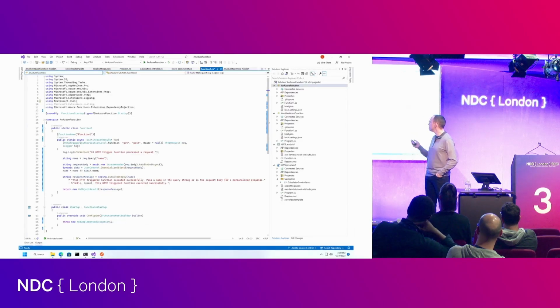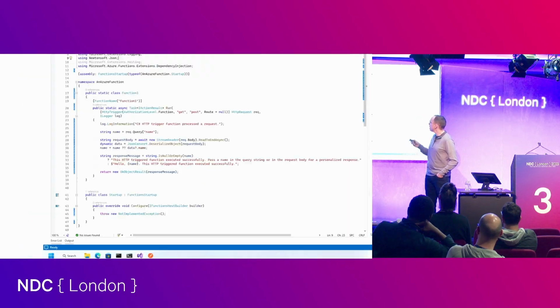None of this is probably new to you. There's a bunch of solutions on the side, but you get this one that is just a function file. The thing I will point out, because I'll make it just a little bigger, is the static class. It starts you off as a static class with a static run method. So right off the bat, you're going to look at that and say, okay, well, I like ASP.NET Core, I like dependency injection, or maybe you don't. I don't know. I like those things. You're like, okay, how do we make that work with dependency injection and all of those niceties that we have?